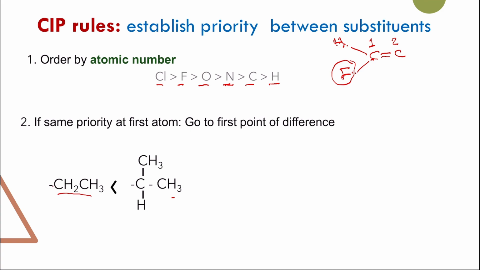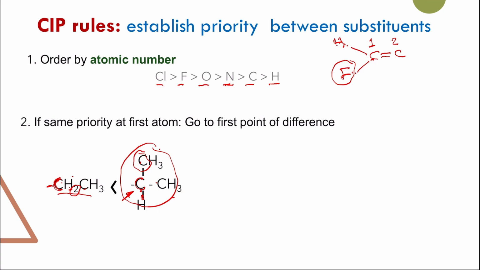The first atom connected to the double bond is carbon. Then we look at this carbon. What are the different atoms attached to it? This carbon on the left has two hydrogens and one carbon, but this one on the right has one hydrogen and two carbons. So this one takes priority because carbon takes priority over the hydrogen; here there are two hydrogens, but here we only have one hydrogen. So this is the first point of difference, and this is the one that will take the